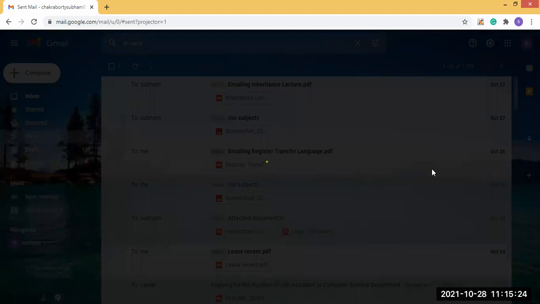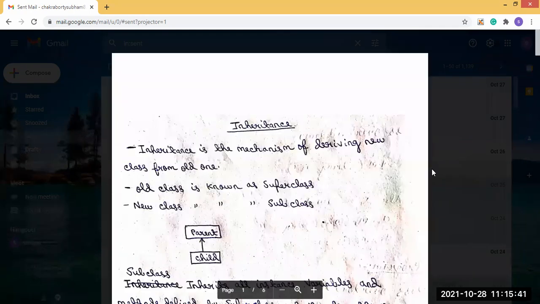I have already explained when we started Java programming that we have some object-oriented features. Another one of object-oriented programming is the concept of inheritance.